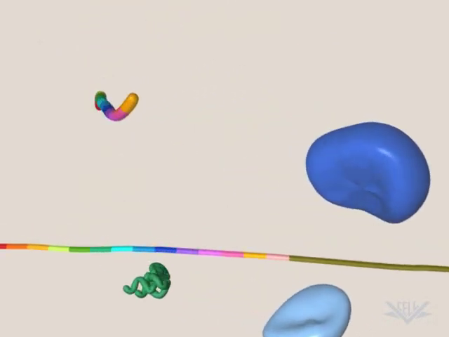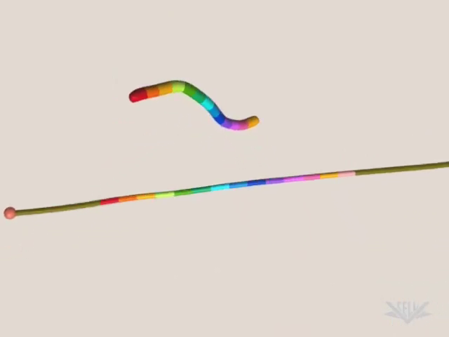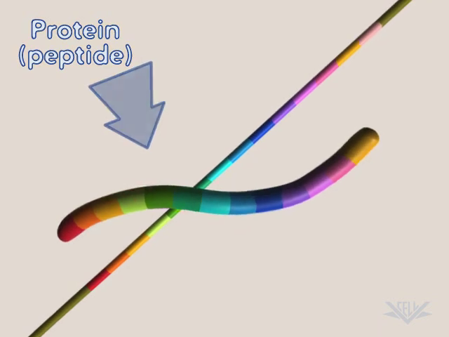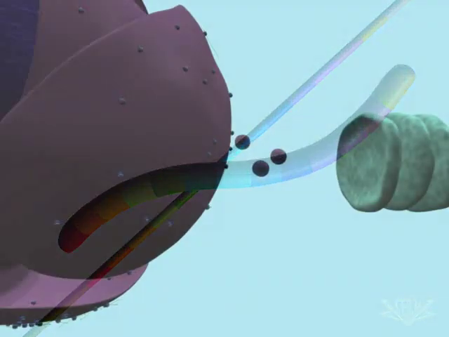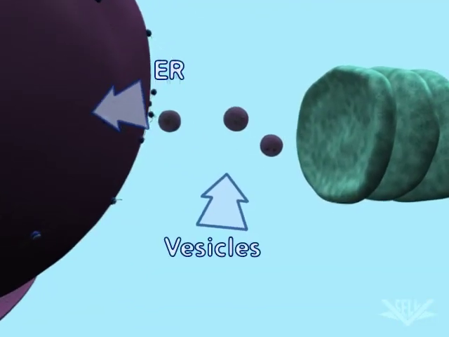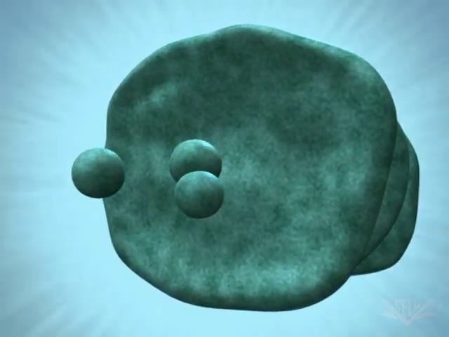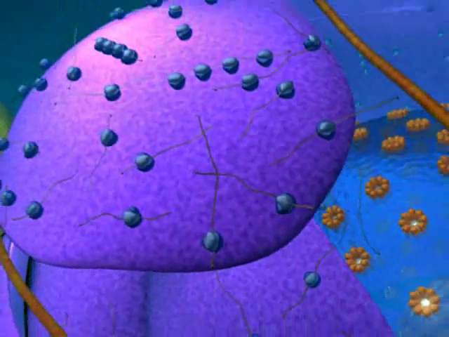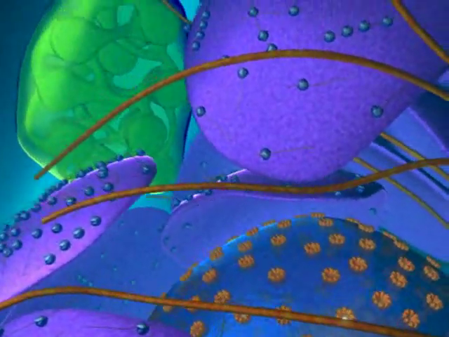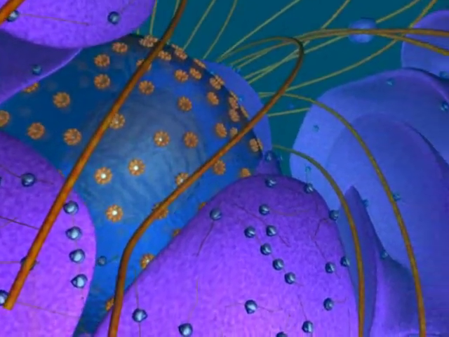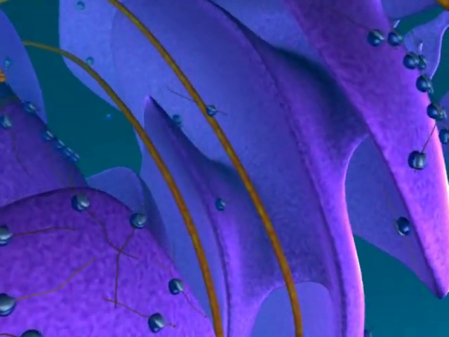Although some of these proteins stay within the cytoplasm, others are trafficked to different locations within the cell, and some are exported from the cell. Most of this trafficking involves the endoplasmic reticulum, or ER, and the Golgi apparatus. We are now looking at the ER, or endoplasmic reticulum. Some of the cell's ribosomes are attached to the ER, and the proteins they manufacture are inserted directly into the